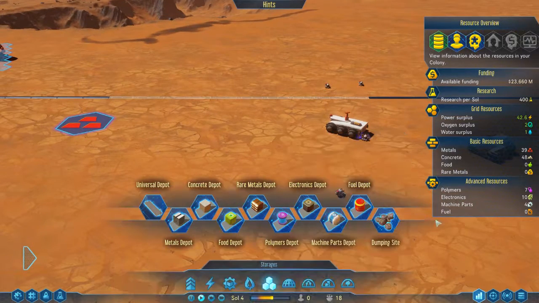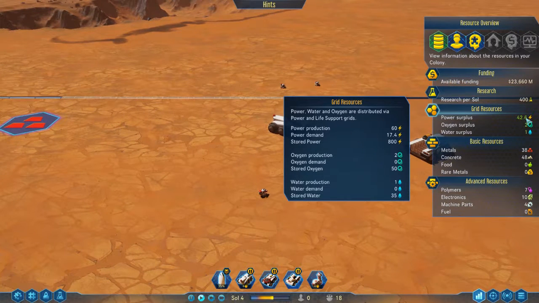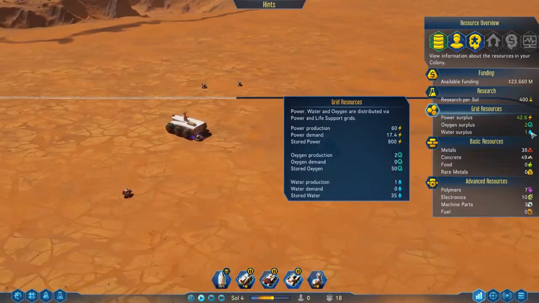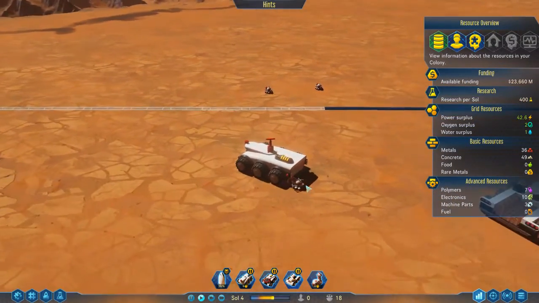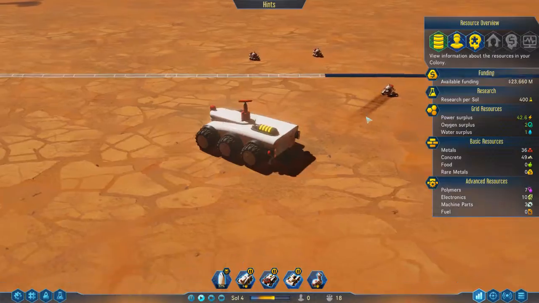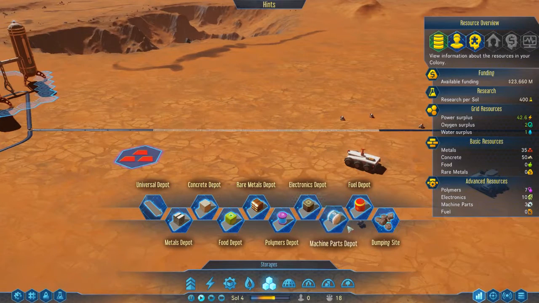Is there a way of actually seeing what our... Oh, yeah, yep. Power supply, surplus, power demand, stored power... Grid resources, yep. No, I don't know what the people were talking about. Again, most of the stuff I've seen in this was early access, so it's entirely possible that was purely an early access problem, and I'm not sure why these guys aren't building the...